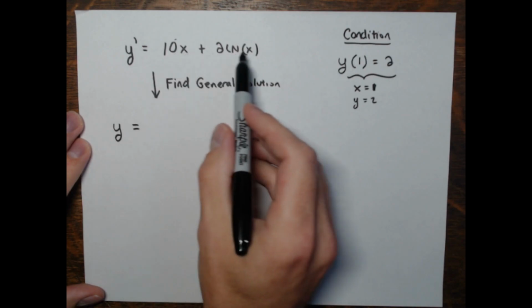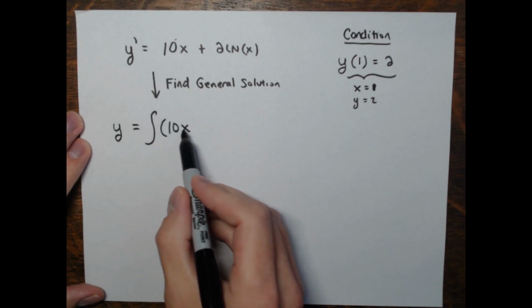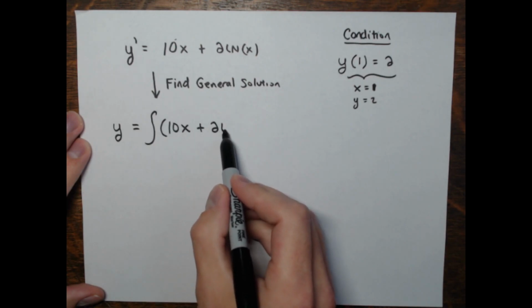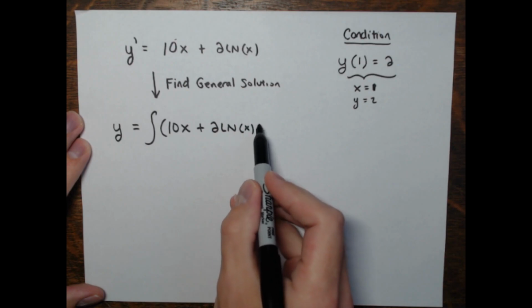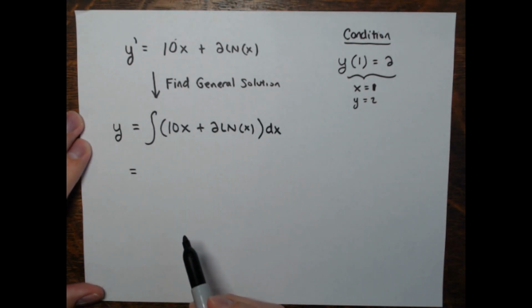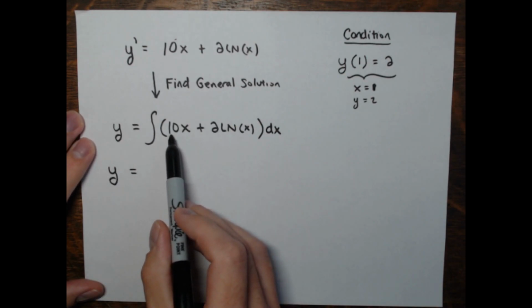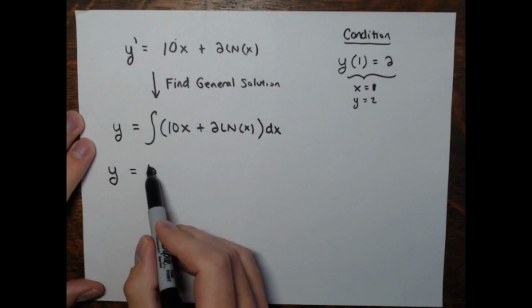The independent variable looks like x here. Integrate with respect to x and get the general solution. So y can be anything that looks like this. The integral of 10x would be 5x squared